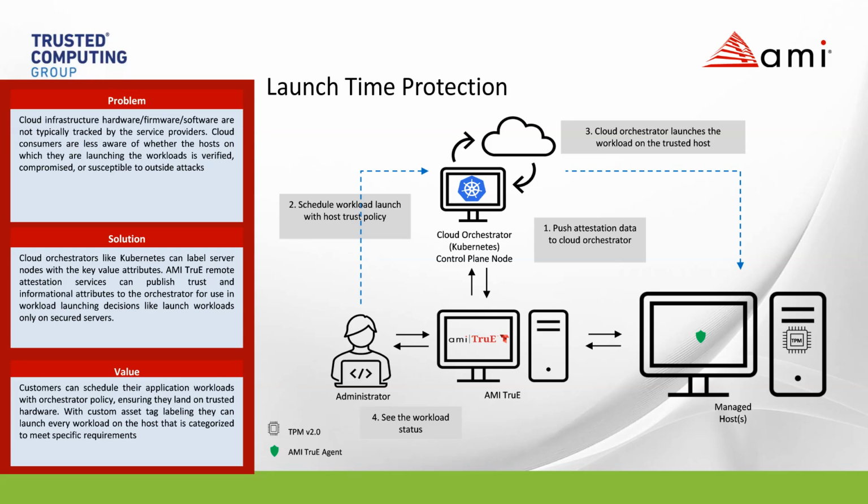Then these label values will be consumed by the Kubernetes orchestrator as a kind of policy decision. Suppose I want to run my workload on a specific trusted host, or on a system that should be running in a specific geographical location, or that should have compliance with a specific regulation like HIPAA, PCI, or CCPA. This integration helps administrators launch the workload